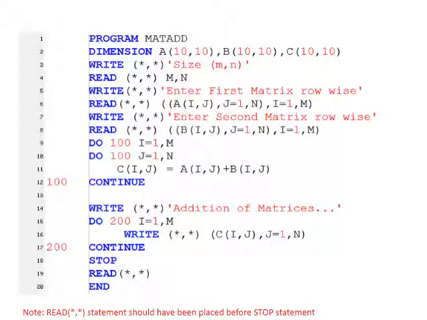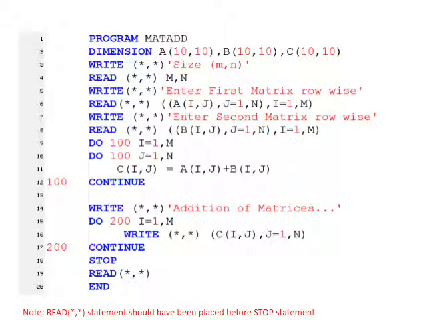This page shows the actual program. Here you can see that there is a dimension statement which declares all the matrices used in this program. So let us consider that we want to calculate matrix C using matrices A and B. C is the summation of A and B. In that case, there will be three matrices. Let us assume that the maximum size is 10 by 10 for A, likewise 10 by 10 for B, and 10 by 10 for C. This is the actual size. So here we will read the actual size, that is m by n. So here we will read the value of m and the value of n.